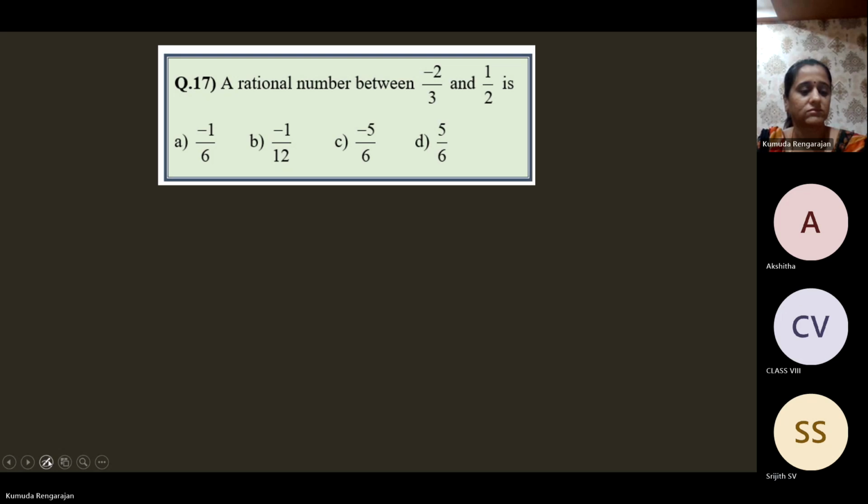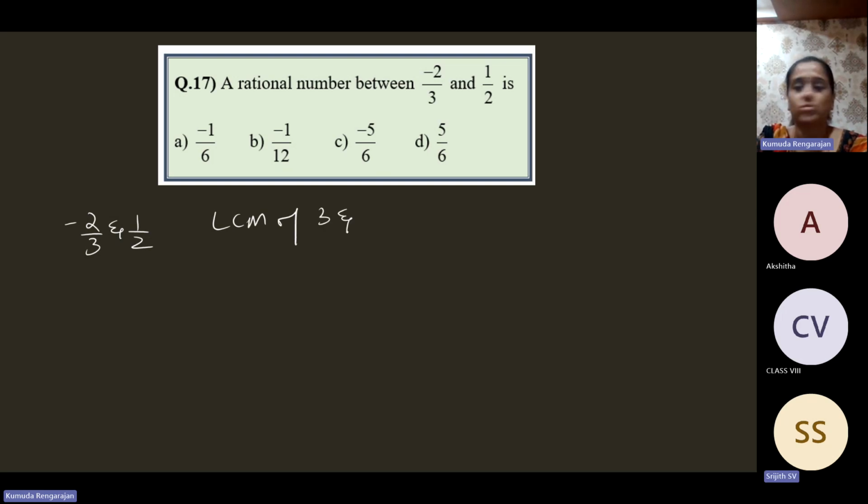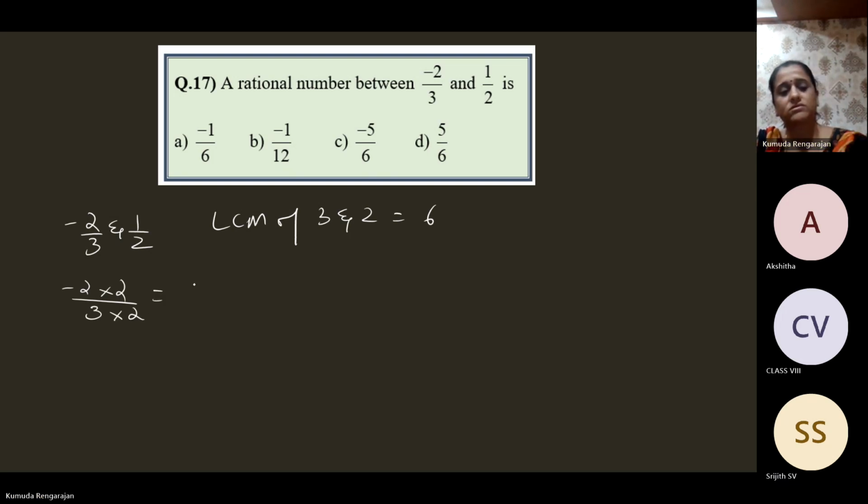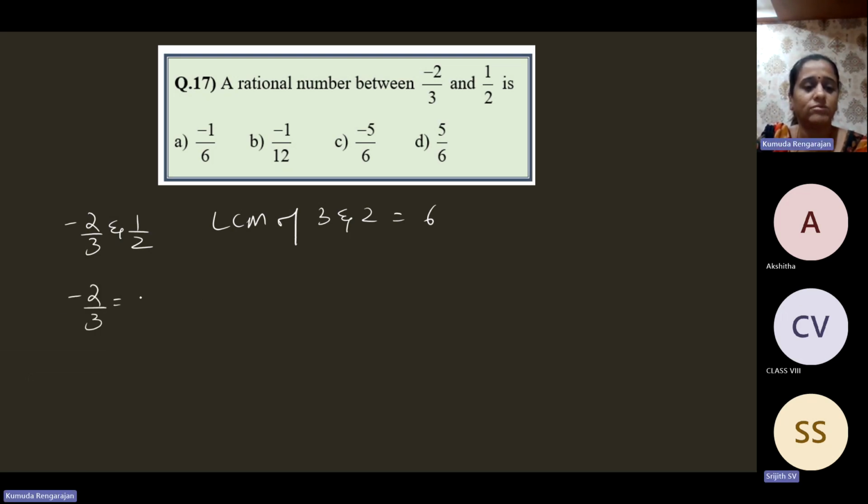Dear children, minus 2 by 3 and 1 by 2. LCM of 3 and 2 is 6. So now minus 2 by 3 into 2 is minus 4 by 6. Or if you want, you can write like this. Minus 2 by 3 is equal to minus 2 by 3 into 2. Minus 1 by 2 is equal to